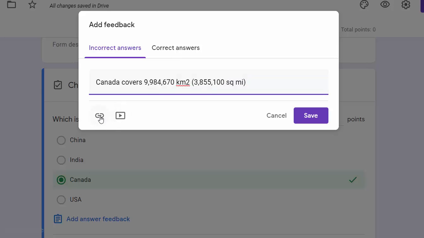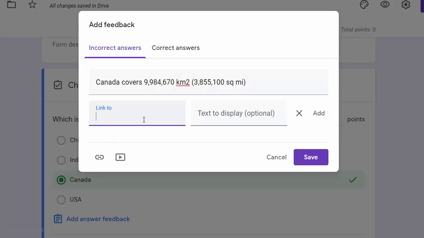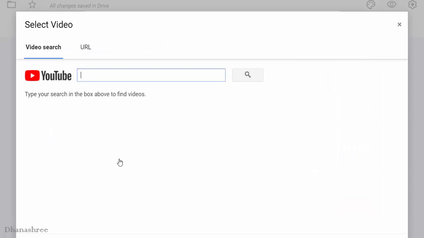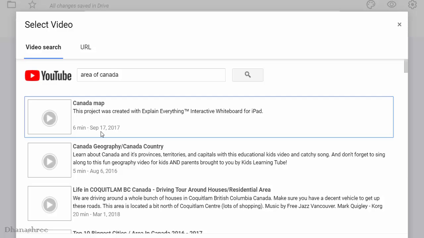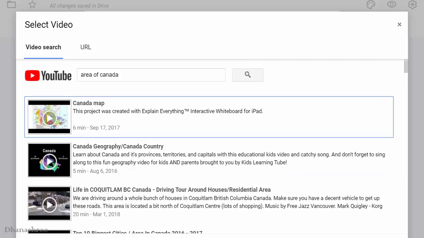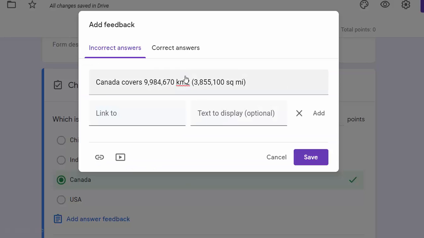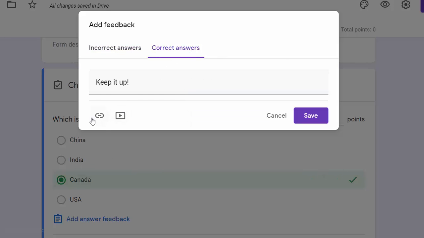You can also give a link which is taking them to the explanation about the answer. You can also provide a link for a YouTube video, search, and you can give appropriate link. This is completely optional thing. Similarly, you can provide link or YouTube video link to correct answer also. Say save.